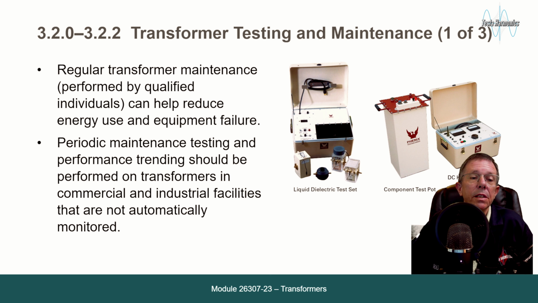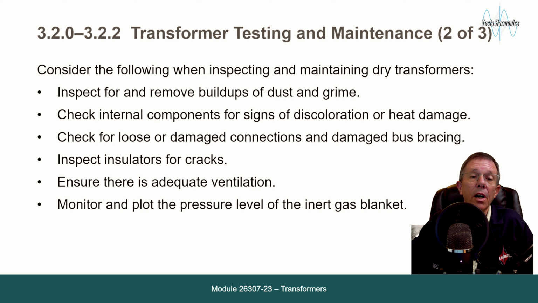Periodic maintenance testing and periodic trending should be performed on transformers in commercial and industrial facilities that are not automatically monitored. Consider the following when inspecting and maintaining dry transformers. Inspect for and remove buildups of dust and grime. Check internal components for signs of discoloration or heat damage. Check for loose or damaged connections and damaged bus bracing. Inspect insulators for cracks. Ensure that there is adequate ventilation, and monitor and plot the pressure level of an inert